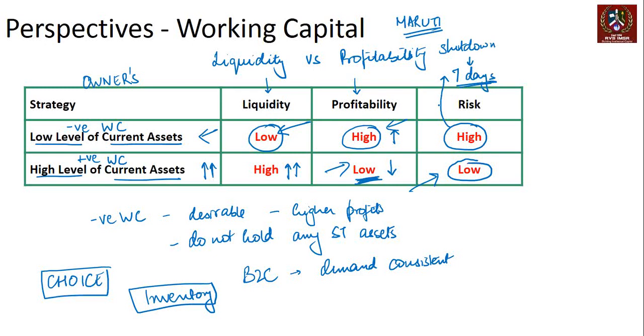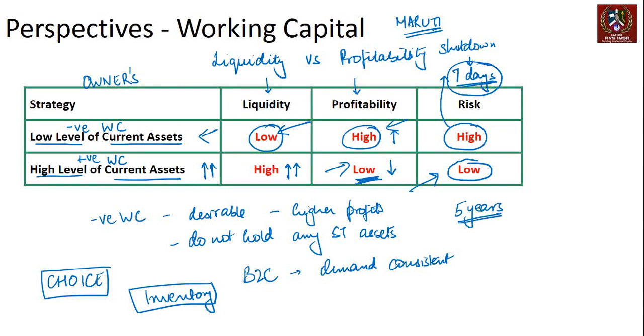That's a risk because once in 4 or 5 years, you may have some event that shuts the plant down, and that's a liquidity kind of a risk for you. But the evaluation parameter for Maruti is: do you keep a higher inventory just for those 7 days of risk, or do you keep a low inventory for the 5 years of operation in which the risk will materialize probably only once, right? So that's a live decision that a company has to make. That's a business decision that the company has to make.